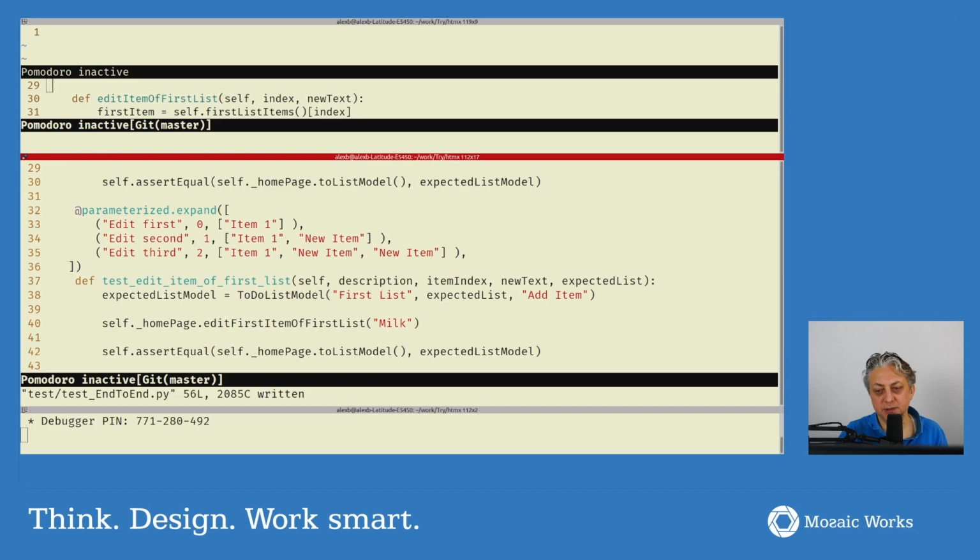Expected list items. Okay, so in the first case, milk, and the new text will be milk. Second, milk, and this will be milk here. Third case,